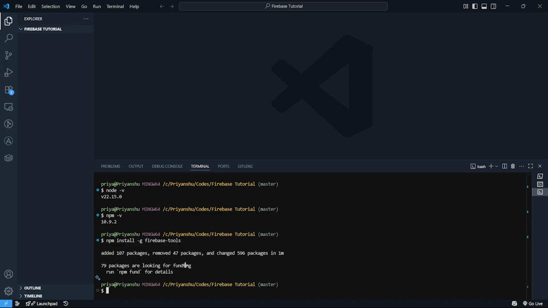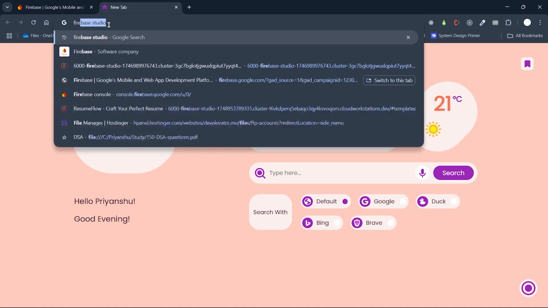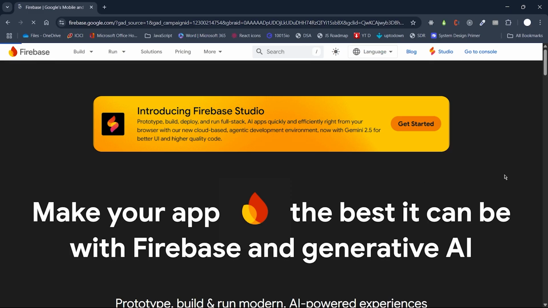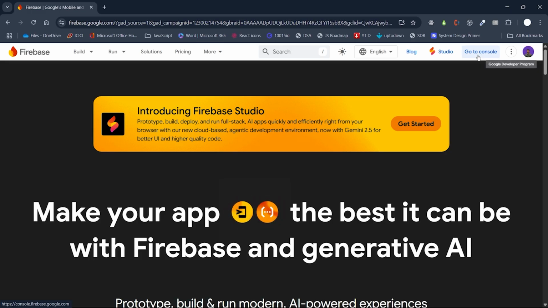Now we have to set up our project on Firebase. So let's go to the Firebase console. If you just Google Firebase console, then this is Firebase, and here it is. On the top right you can see go to console. You have to log in with your Google account. If you do that, then here you will get an option to go to console. You just click on it,